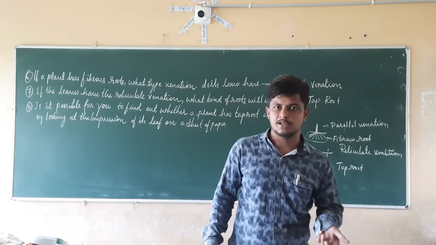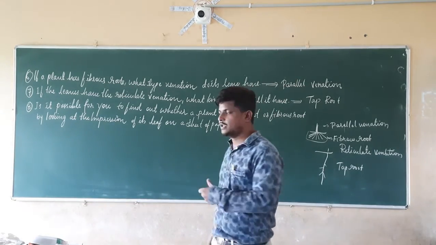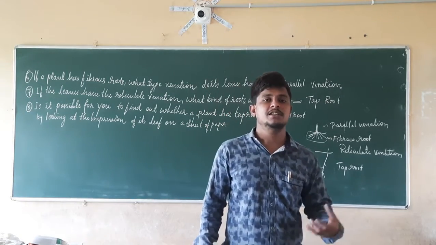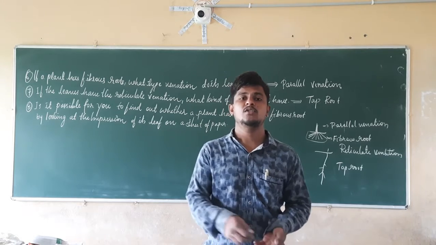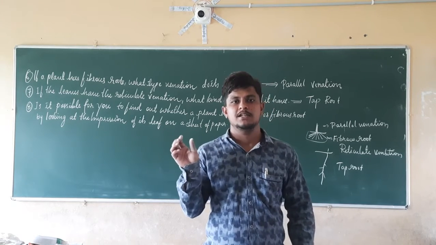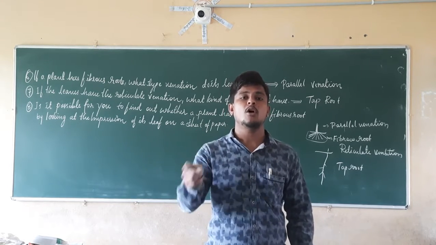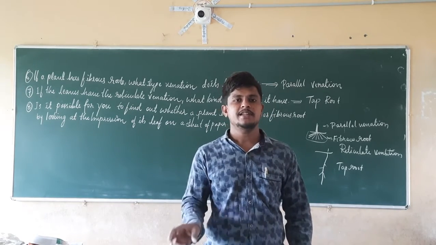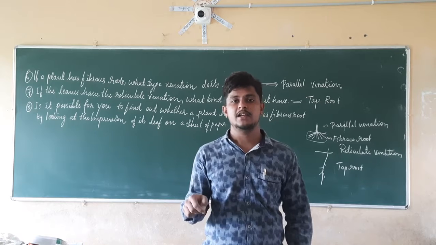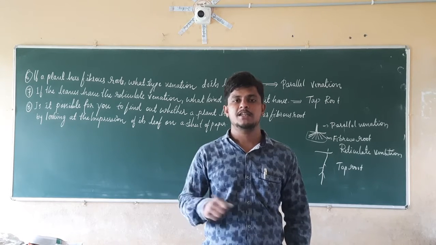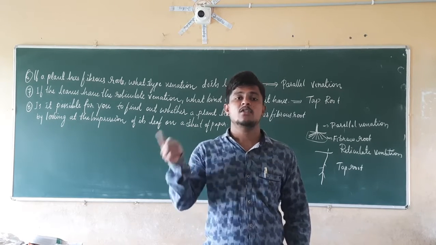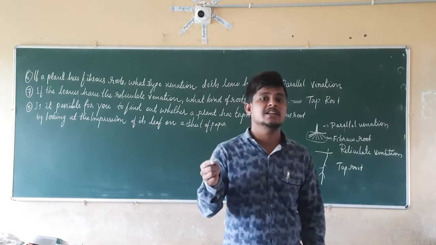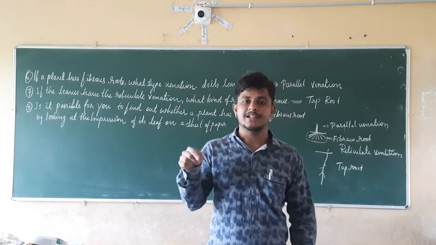Yes, it is possible. So you are going to take the impression of the leaf on a sheet of paper by taking the leaf. So when you take the impression of the leaf on a sheet of paper, it is going to give all its parts. That is nothing but it is going to give all the designs which the leaf is going to have. Now if it is providing the design which it is having on a sheet of paper by taking the impression by the pencil, then we are going to know about the venation that leaf has. Which type of venation the leaf is going to have, we are going to know that thing.